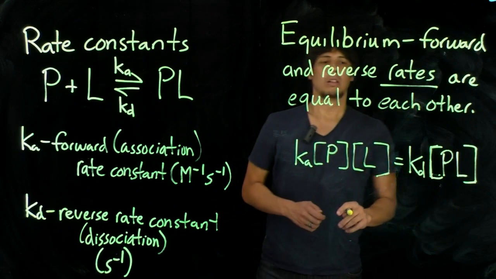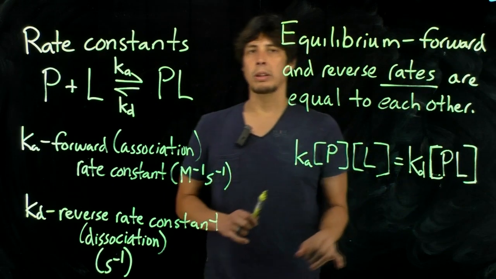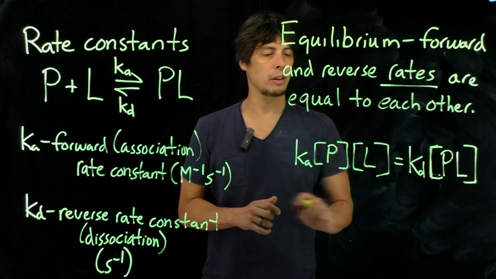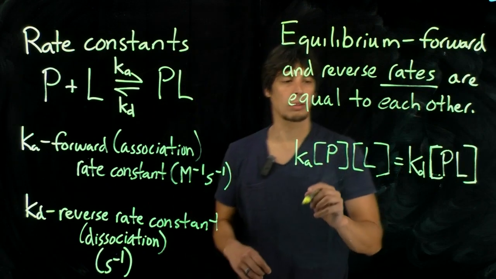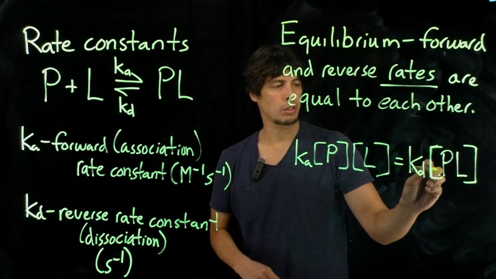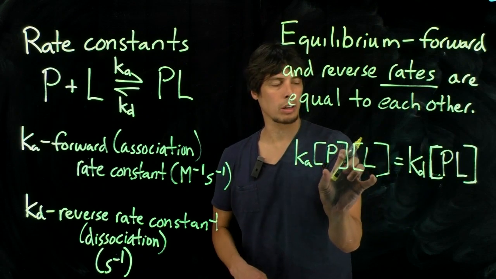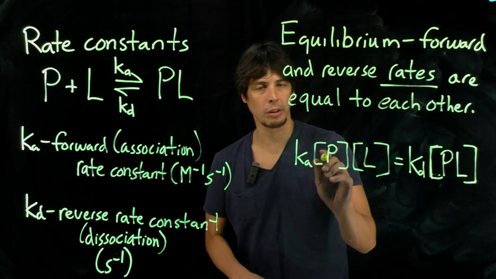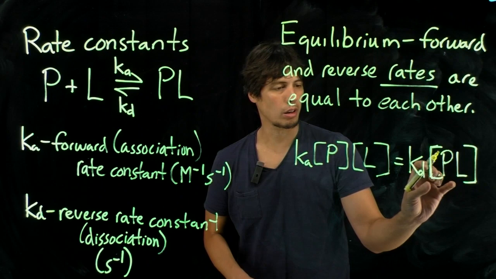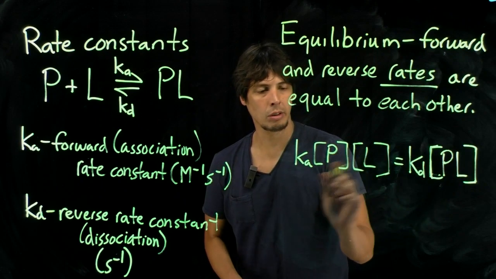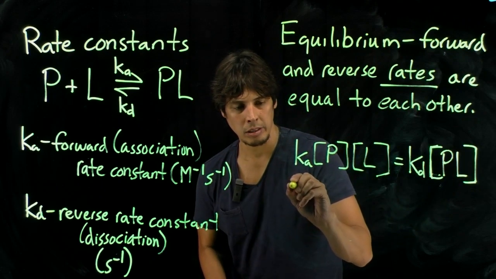Okay? So when these two rates are equal, we're at equilibrium. All right? And we can rearrange this into things that are familiar. So for instance, we can rearrange the concentrations on one side. So if we divide the entire formula by the concentration of P and L, what we get is